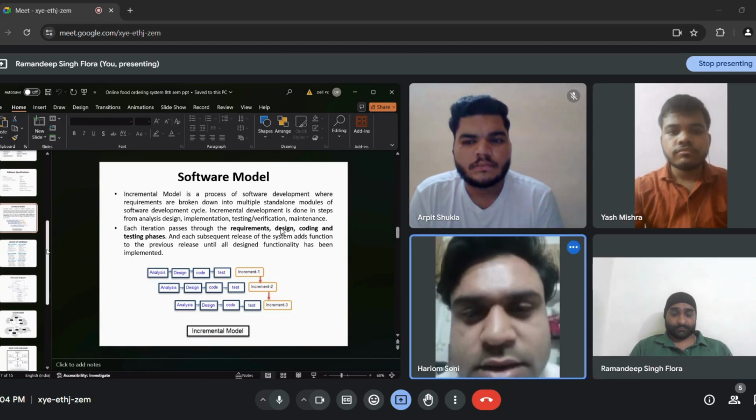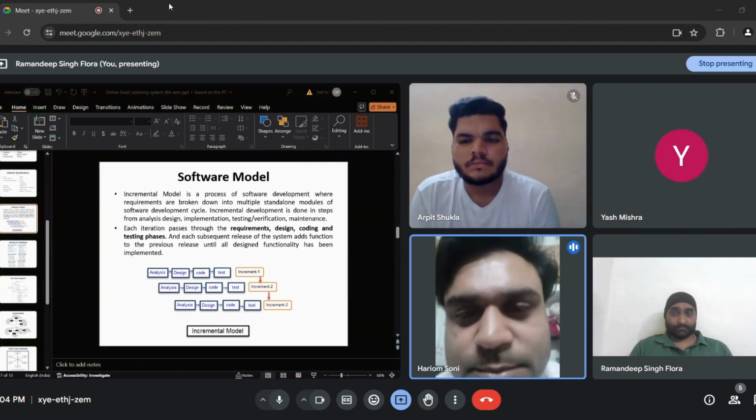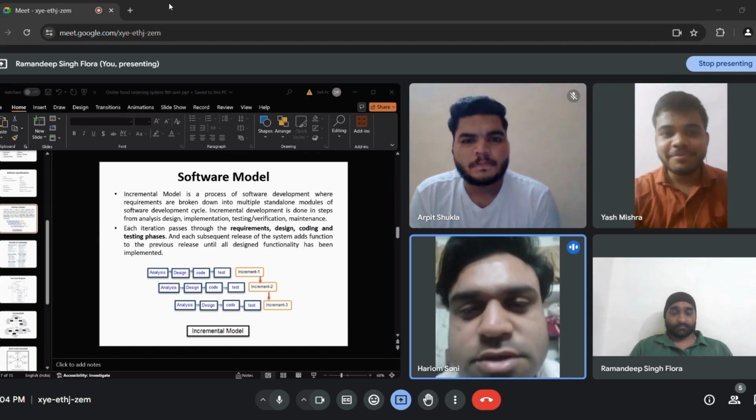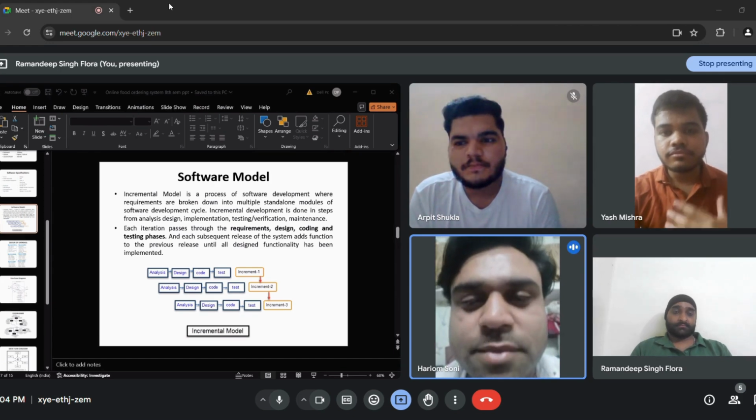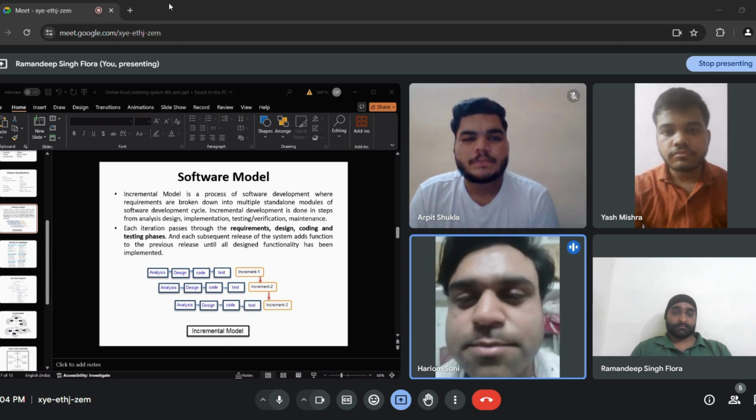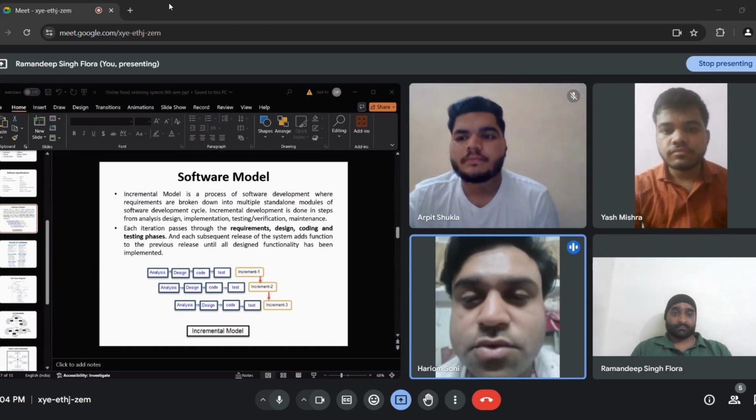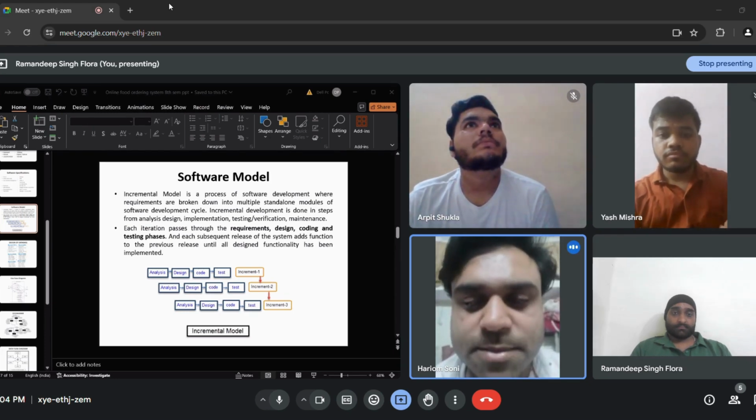Software model. The incremental model is a process of software development where requirements are broken down into multiple standalone modules of a software development cycle. Incremental development is done in steps from analysis, design, implementation, testing, verification, and maintenance. Each iteration goes through the requirements, design, coding, and testing phases. Secondly,